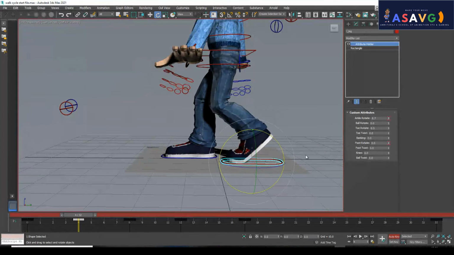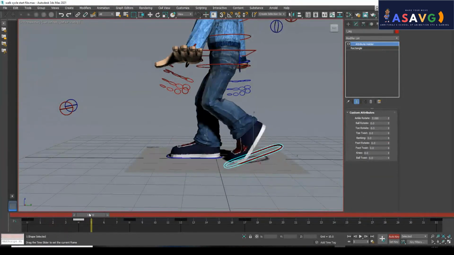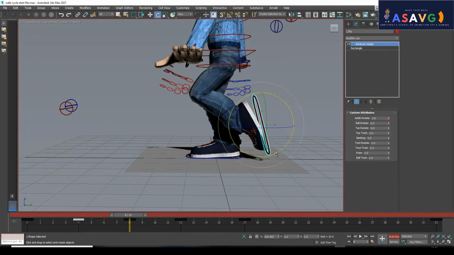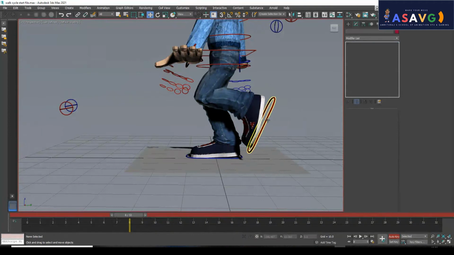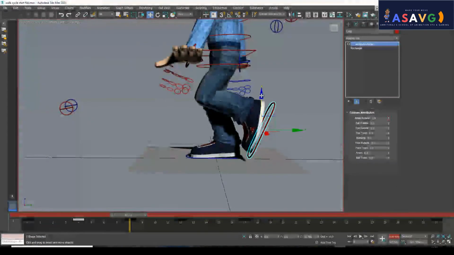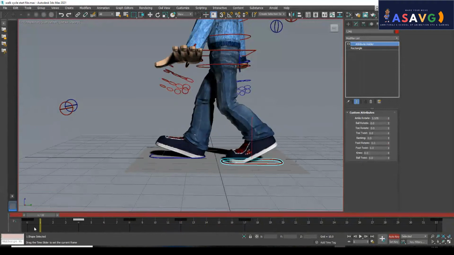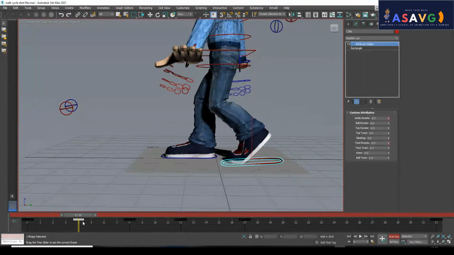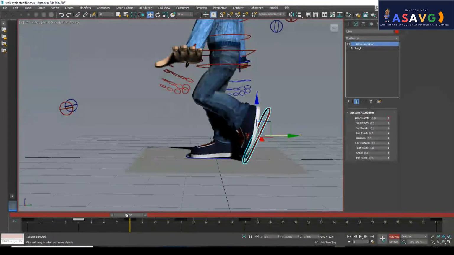Okay, a little bit more. This also I don't want this much. I will make a little bit of slide here, and I am clicking it and dragging like this. We don't need that much exaggeration. A little bit is needed.